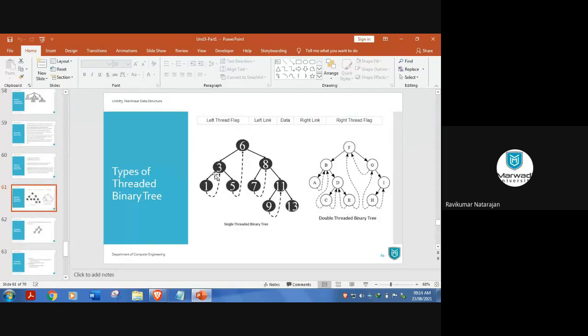See, this is node number 1, and this doesn't have left and right child, which means left side is null and right side is also null. So this is single threaded binary tree, so I'm just connecting. You just want to find the in order of this one. If you find the in order, you will get an order like 1, 3, 5, 6, 7, 8, like that.